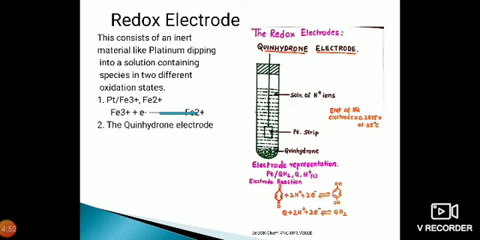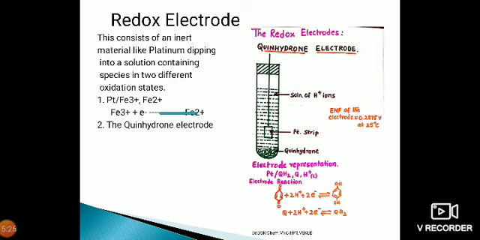You can see that in the tube we have quinhydrone powder in the glass tube, and we have a platinum strip, and it is filled with a solution of H+ ions of known concentration. So we have a platinum wire for making electrical contact. So you can represent that quinhydrone electrode as Pt bar QH2, Q. That is, quinhydrone is giving equimolar proportions of hydroquinone and quinone, and it is placed in a solution of H+ ions. And the electrode reactions we have written here.